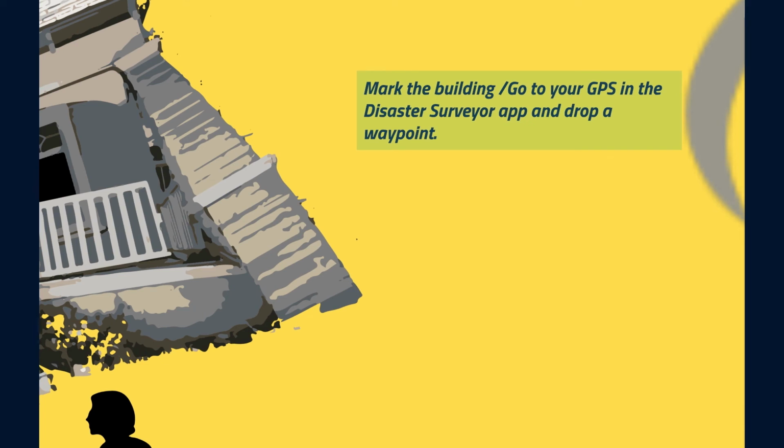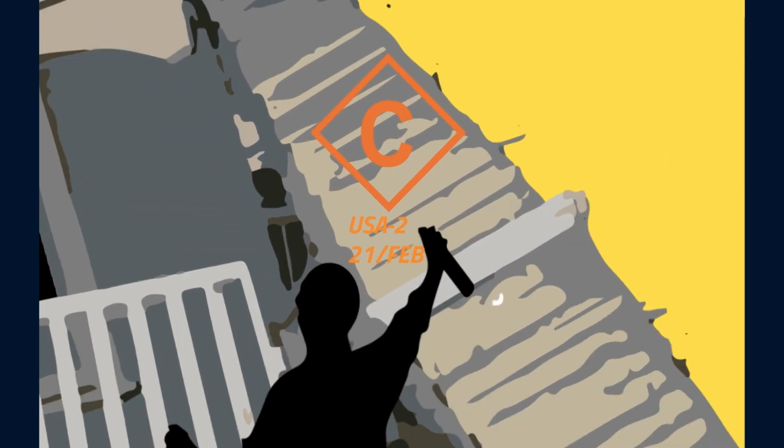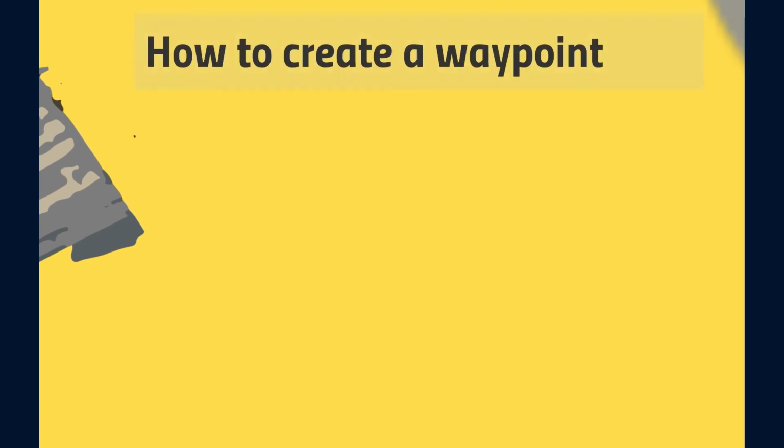We're going to go through right now on how to actually do a rapid clearance marking, and we're going to drop a waypoint just as a documentation trail of what we've done during our ASR2. So we're going to have our rescuer get out. He's going to do the diamond, rapid clearance diamond with the clear inside of it. He's going to put a team ID and a date below it, and then we're going to actually go in and create a waypoint,